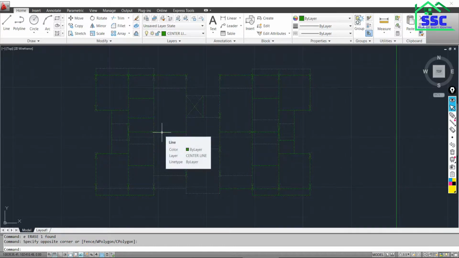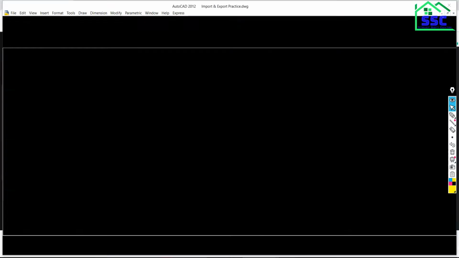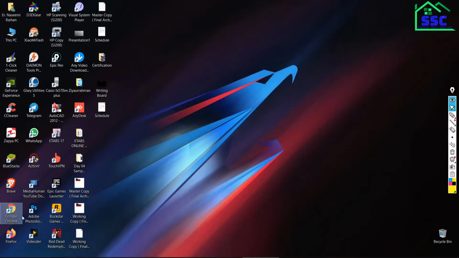Not CO enter. Here you have to copy by pressing Ctrl C. It might be known to all of you how you can copy this content. So just press Ctrl plus C. Once it's done, come out and open a new CAD file.